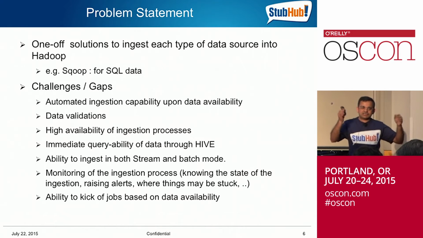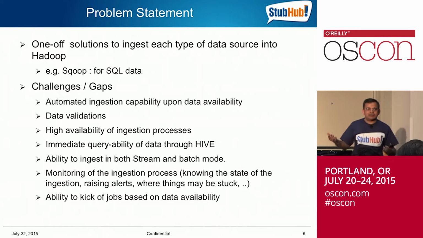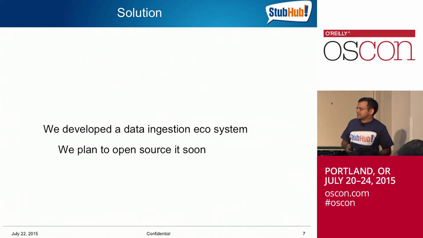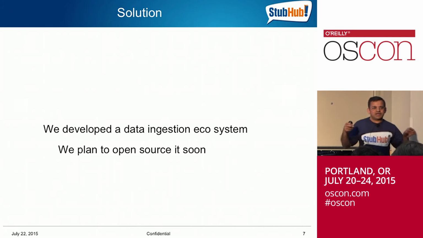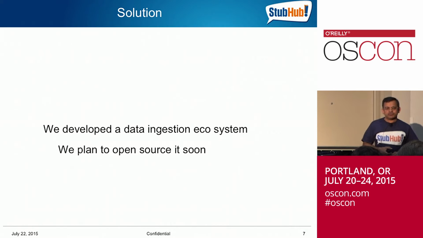And by the way, here is a schedule window. If the data does not arrive within that window, raise an alert. So somebody's got to look at it to see what's wrong. These are some of the capabilities we thought were gaps in existing frameworks, and so we decided to build an ecosystem. The result is that we built this whole ecosystem, the framework part, as well as all of the additional bells and whistles that I talked about, monitoring and data validations and whatnot. And we do plan to open source this soon this year.